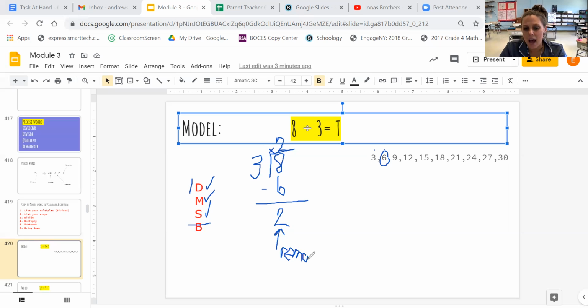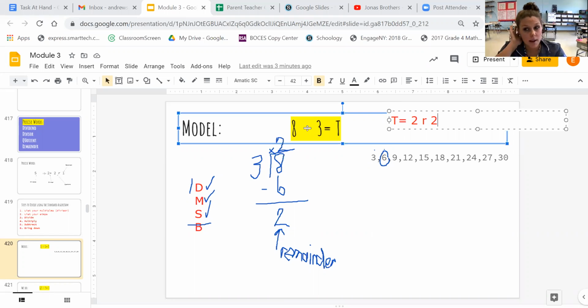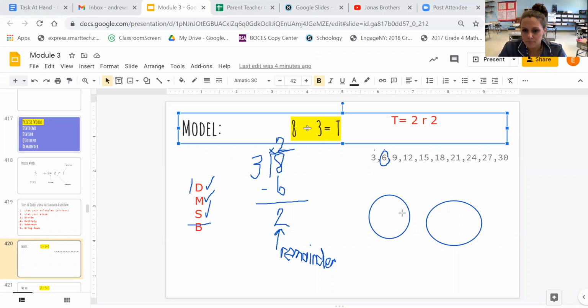My number on top is my quotient, okay? So my answer, or my value for t, is t equals 2 remainder 2. We could always double check our work by using those fair sharing strategies that we learned in 3rd grade and